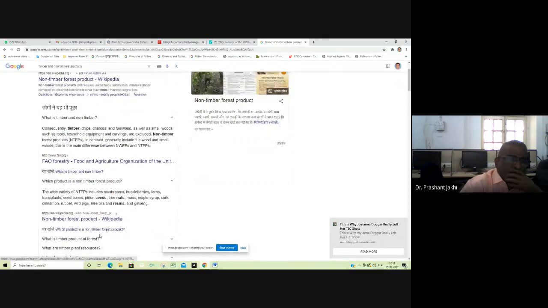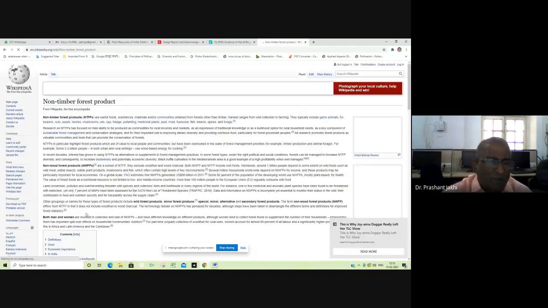हम यहाँ देखते हैं, the wide variety of NTFP includes mushroom, huckleberries, ferns, transplants, seed poles, peanut seeds, tree nuts, mosses, maple, cork, cinnamon, rubber, wild pigs, tree oils, resin and ginseng. So these are nothing but non-timber. मतलब timber करके wood करके जिनका use नहीं करते, that is all these are non-timbers. So just have a list of these non-timber